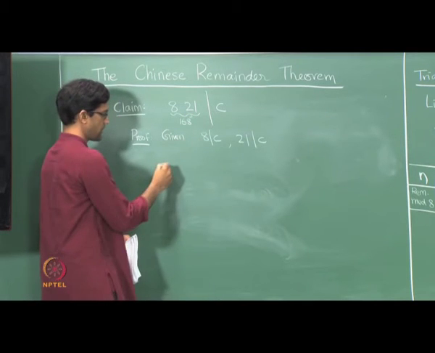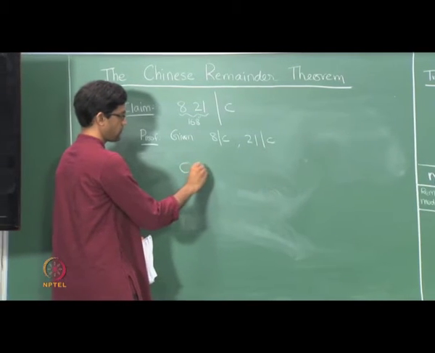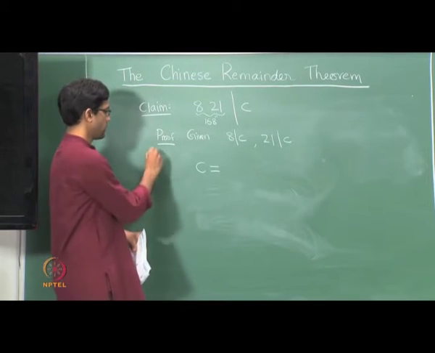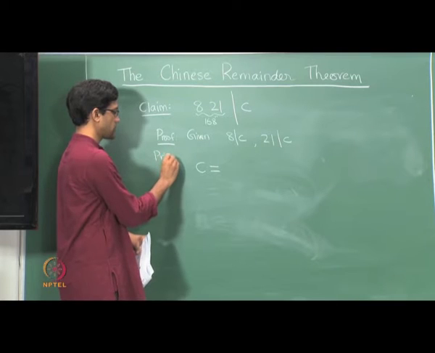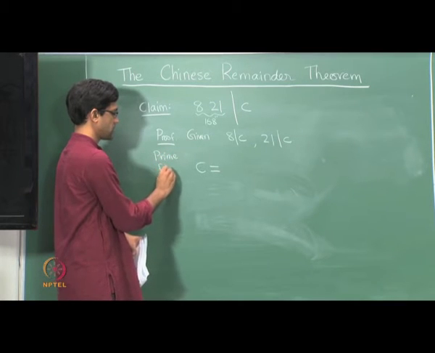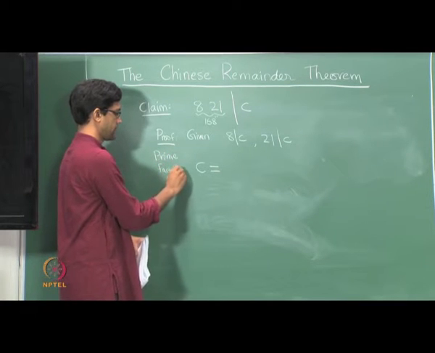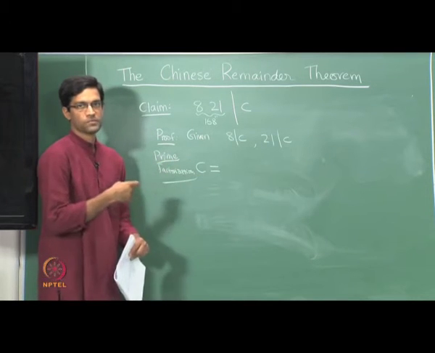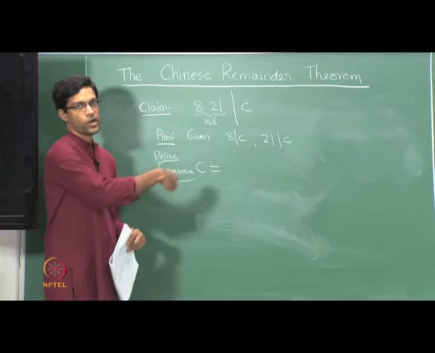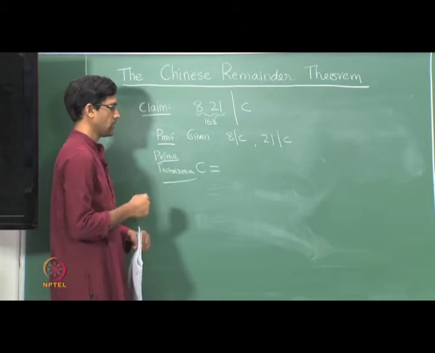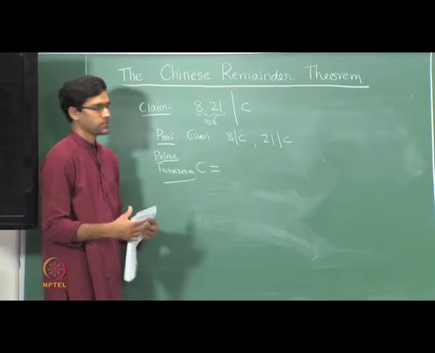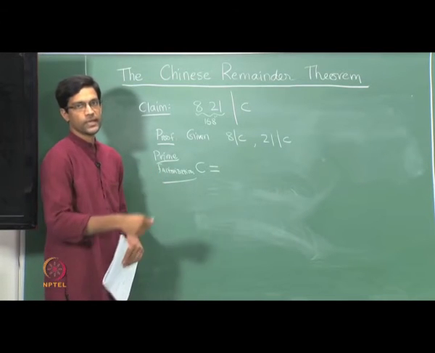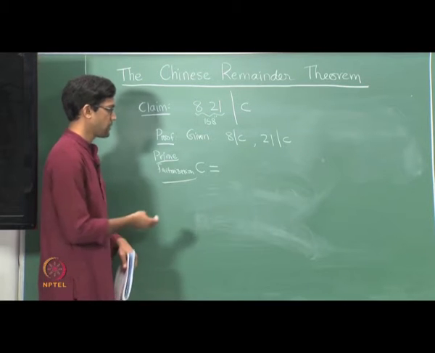So how do we prove this? Well, we start out by thinking of the prime factorization of C. Recall we said last time that every integer has a unique prime factorization. So here's the prime factorization of C. What does prime factorization mean? It can be written as a product of various prime numbers. An alternate way of expressing the same thing is to write C as a product of powers of the various distinct primes. So this is probably more familiar.